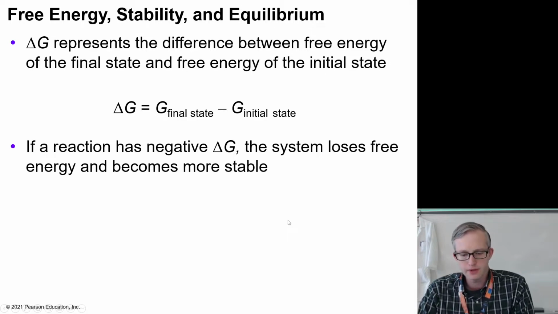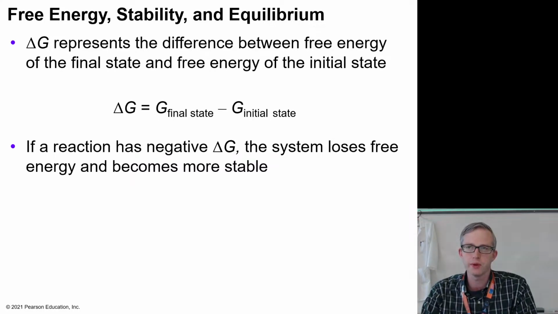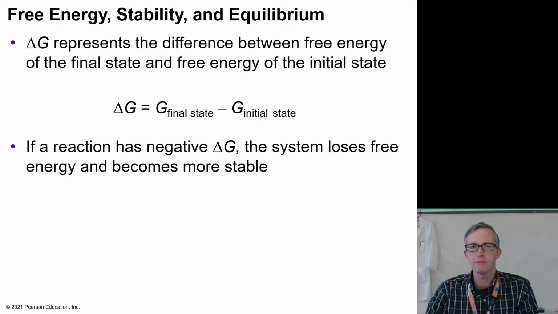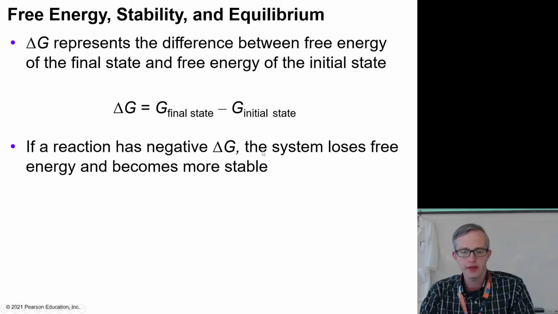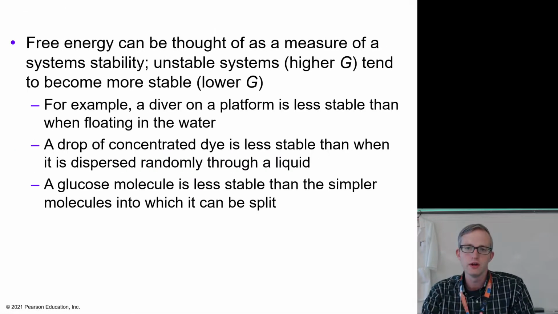This comes up with the idea of free energy, and there's an equation or a variable here called Gibbs free energy, which looks at basically the available energy within a system. And so we look at the change in free energy as a way to understand what has happened within a system because of chemical interactions. And if a reaction has a negative delta G, a negative change in Gibbs free energy, then what that means is that we've lost free energy and that we're trending towards a more stable state.